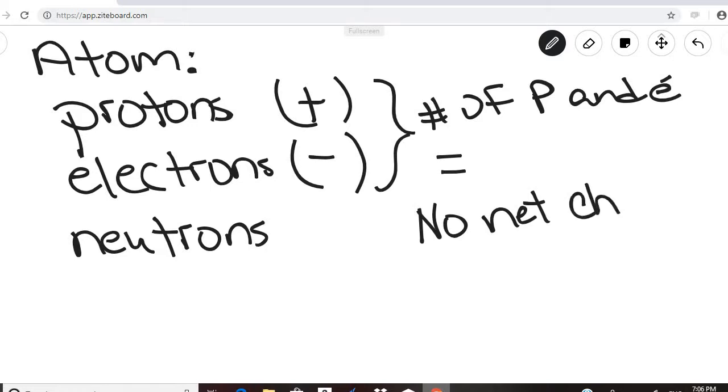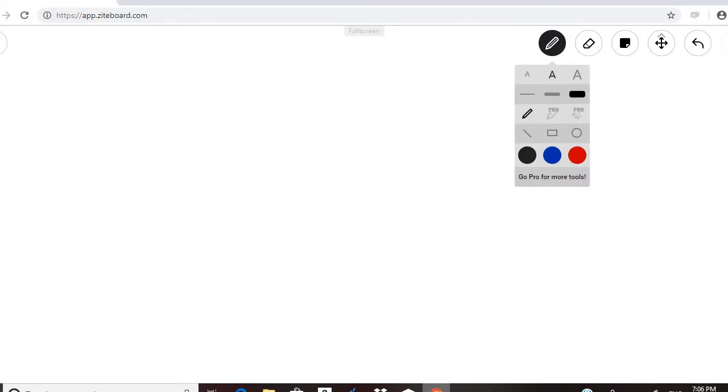Okay, so all of that should be review for you from chemistry. So atoms have no net charge, but then you probably also remember from chemistry that an atom can gain